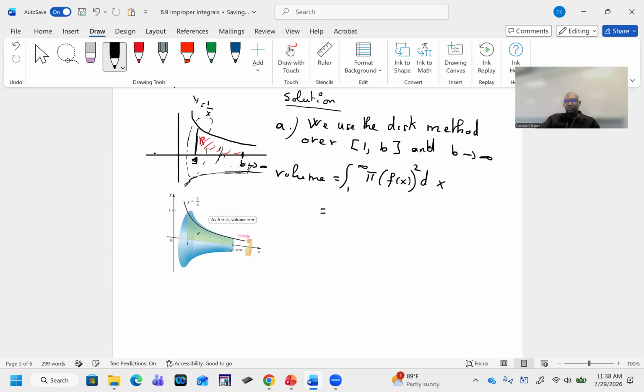So we know this will be 1 to infinity. I mean, sorry, 1 to b, because we said let this be equal to b. So let me substitute my function first. So 1 to infinity, pi times 1 divided by x squared dx. So we know, using the definition of improper integral,